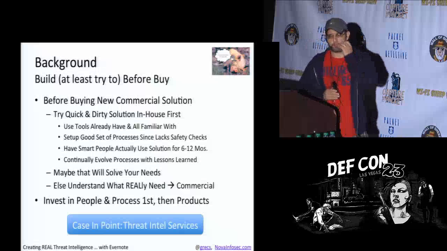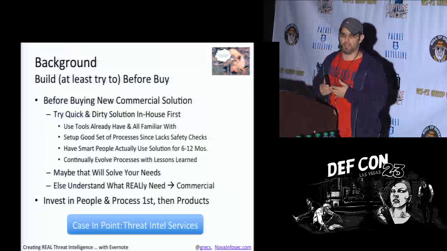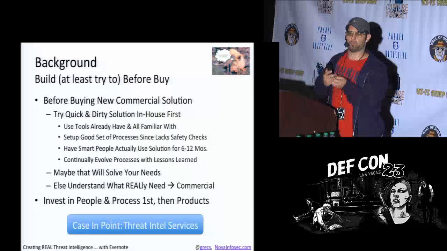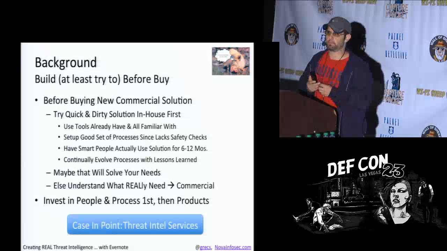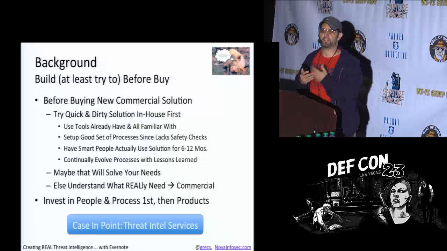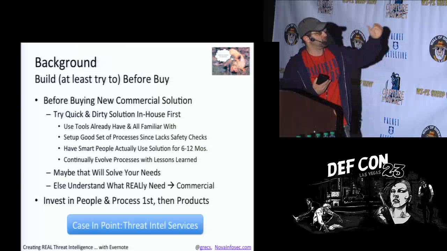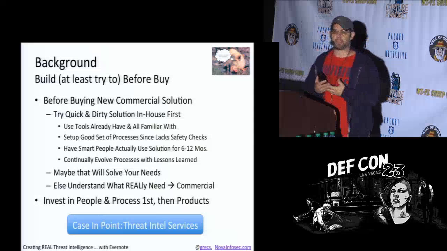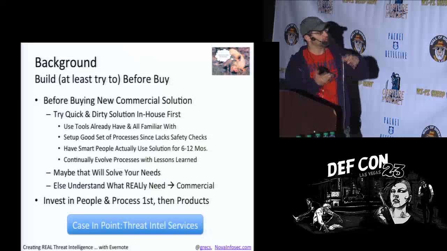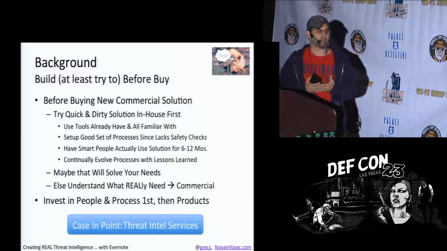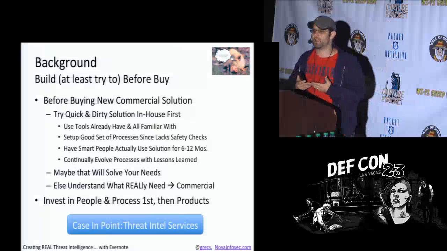So one of the other philosophies that I have is that a lot of times you have these needs, and so the first thing an organization does when it gets popped is go out and buy all this expensive commercial software, without really knowing what they need. So one of the philosophies that I always have is to use the tools that you have and the smart people that you have to build a pilot solution, essentially to figure out what your true requirements are.